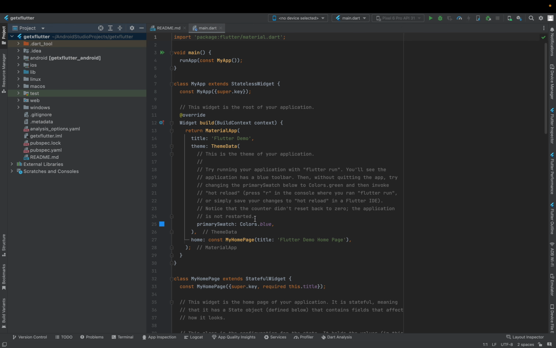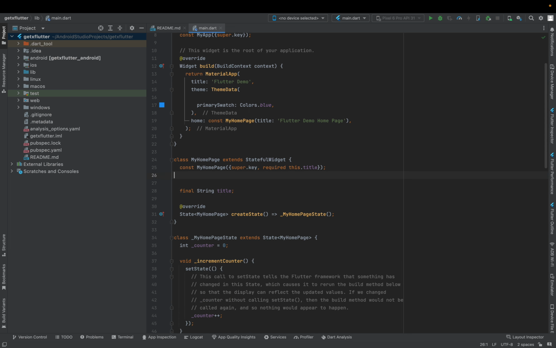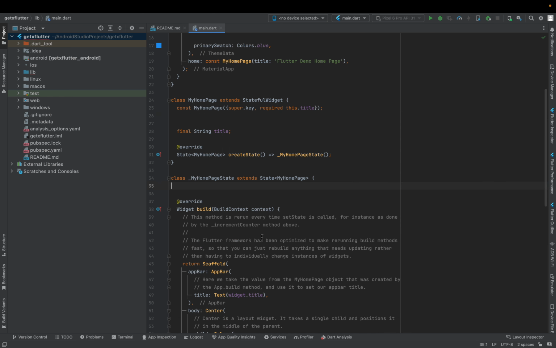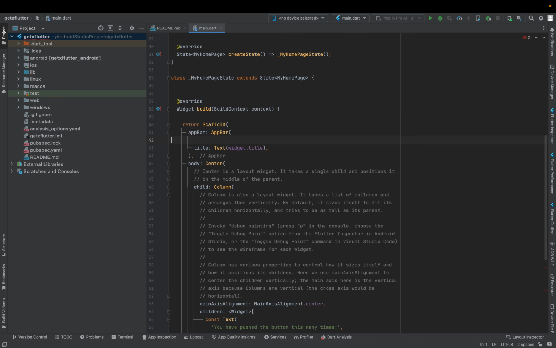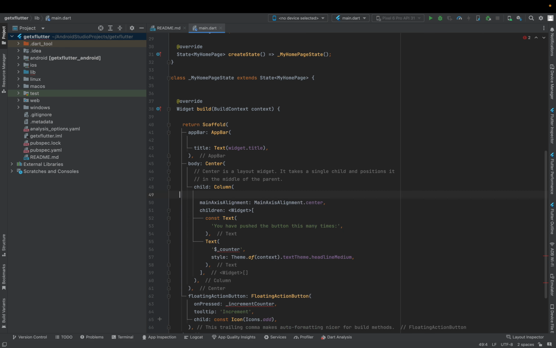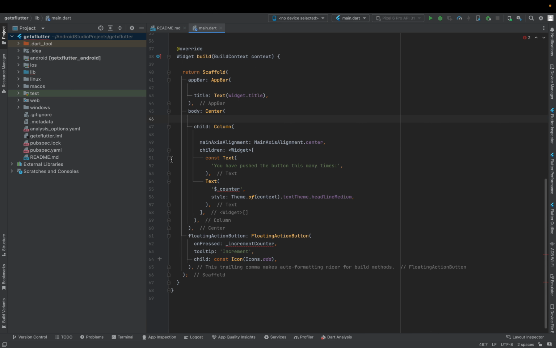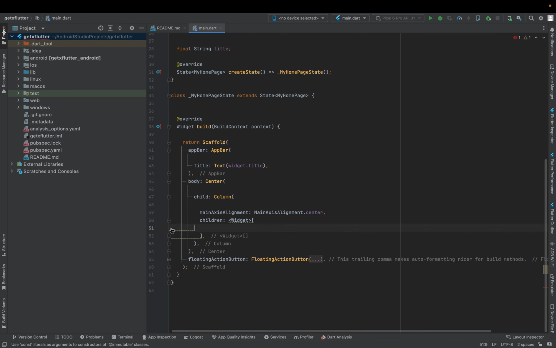Our next step is to remove the unnecessary code from the main.dart file. So I am removing all the unnecessary code from this file. You have to do this in a similar way, because all main.dart files are the same by default. Whenever we create a project, just remove all the unnecessary code from the main.dart file, and after that we will